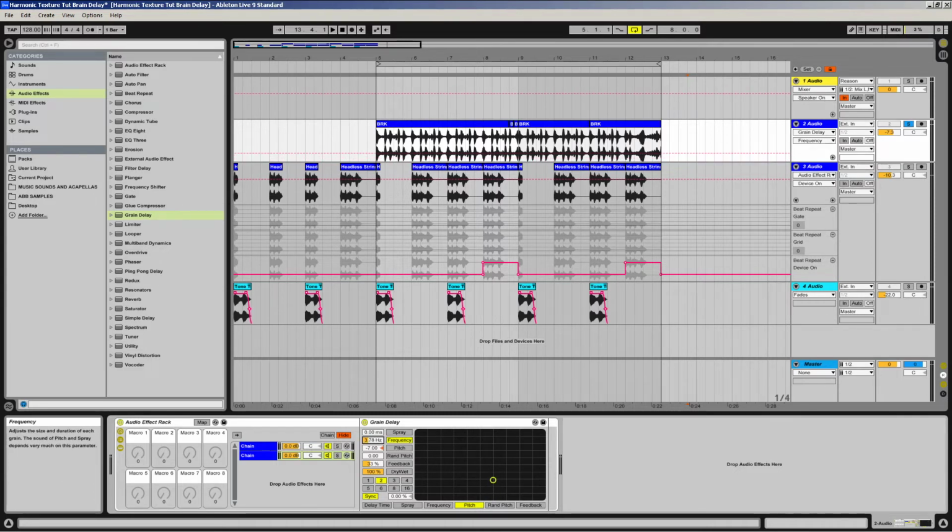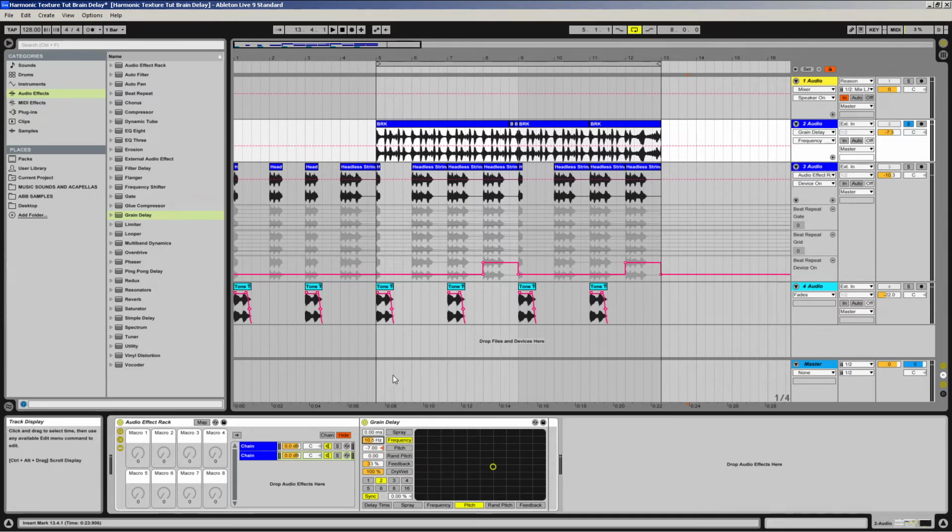When you start turning up the hertz and the frequency, obviously you're going faster and they start to melt together more, but that's what we kind of want here. So if we go to about 10.5, we're good there. I kept the spray at 0 and the random pitch at 0, but you can always experiment with that. It's not going to sound exactly like what you heard in the loop just because I had EQ and some